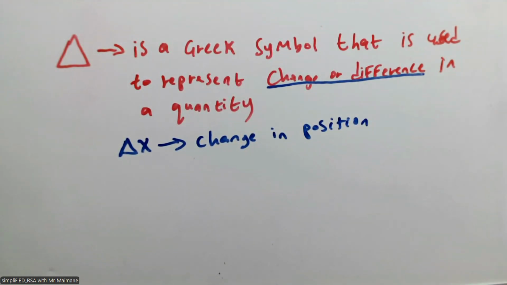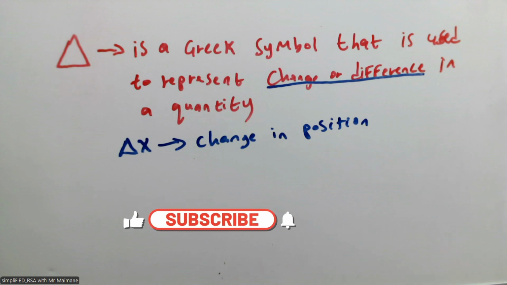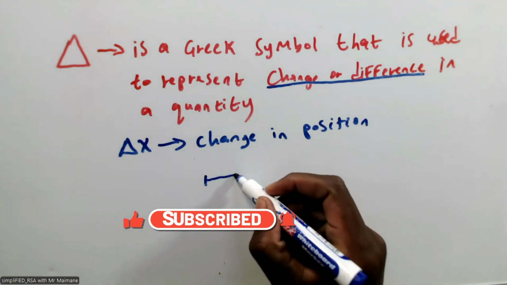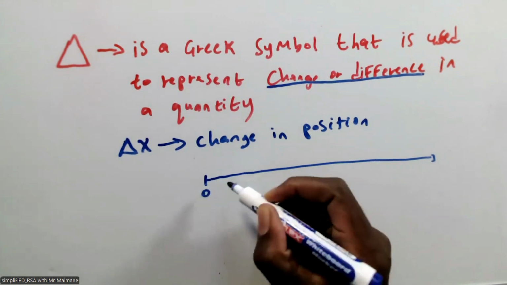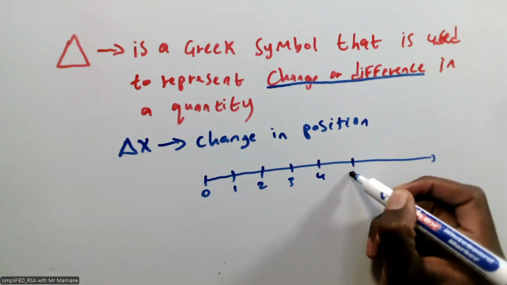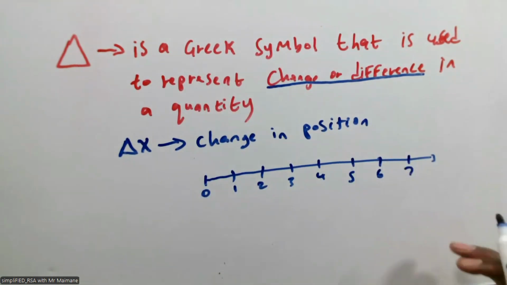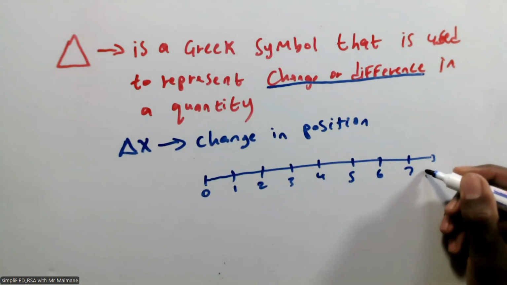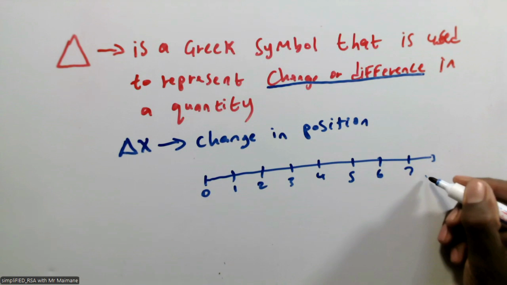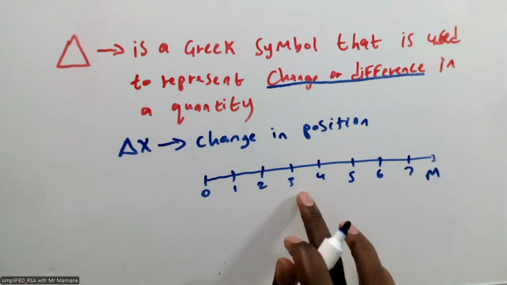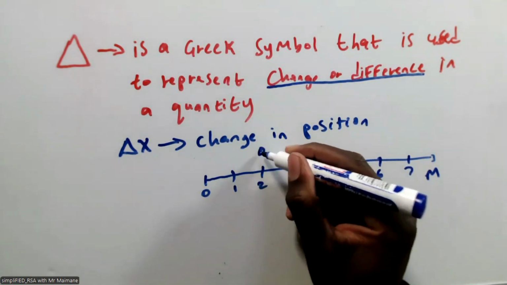Change in position, how? For anything to get to whatever destination it is destined to, it must initially start somewhere. If we look at the number line, a number line has 0, 1, 2, 3, 4, 5, 6, 7. If I look at this number line as a scale of position, which would be in meters, so 0 meter, 1 meter, 2 meter, 3 meter. If a person moves from